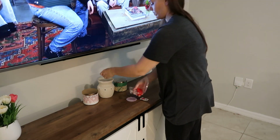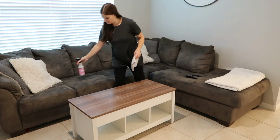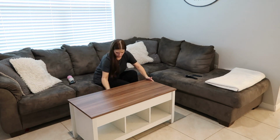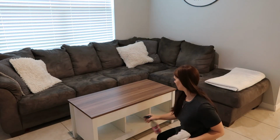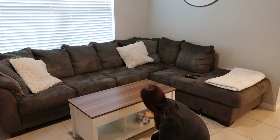You can do better. Let me show you what a good time looks like. The coffee table is always sticky. It's always gross. My daughter, she snacks on this. She will draw on this with pencils and crayons, and this table just really needed a thorough deep clean and a good scrub down. And the couch, I'm gonna go ahead and break this thing down, take all the pillows,